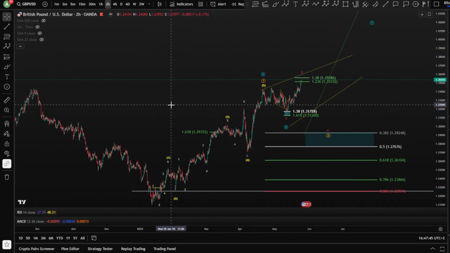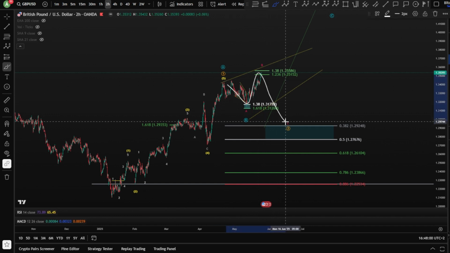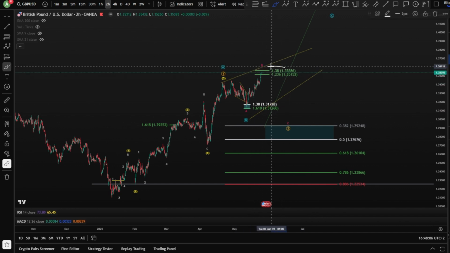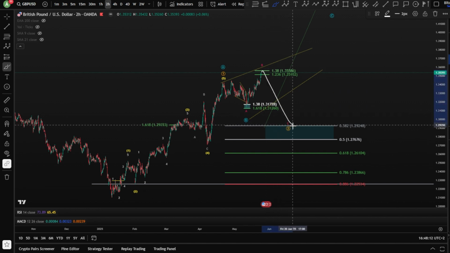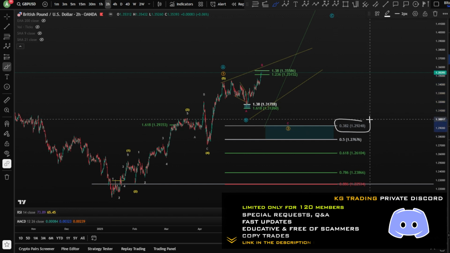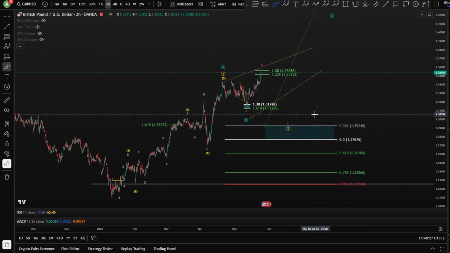So basically, this is what I'm looking for as the highest possibility: that it is an expanding flat wave B, where we are looking here at an impulse for a wave C in A, B, and a C, 3 ways, to finish an expanding flat and move toward the downside. So probably with this next week, we might see a little bit higher, hitting the 1.35, 1.38, and then moving toward the downside for the 0.38 fib level, 1.29, and then moving again higher in a massive wave 3, an explosive impulsive wave as well towards the upside.